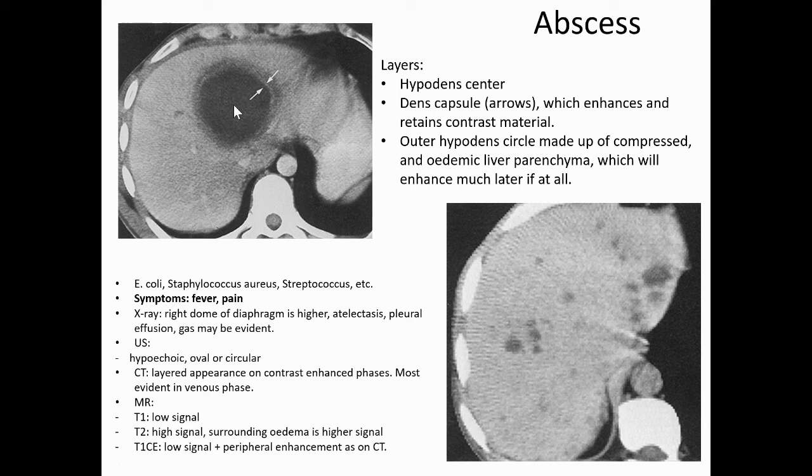It will have a very low density that you can measure, and you will get a number that is close to water density. And then you will get a dense capsule which surrounds the lesion, and that part will enhance the contrast material. And then there's an outer hypodense, so dark circle, which is made up by the edematous compressed liver parenchyma, and this will enhance much later, if at all. Abscesses can be large, or they can be small and multiple, and I hope that all of you know by now that